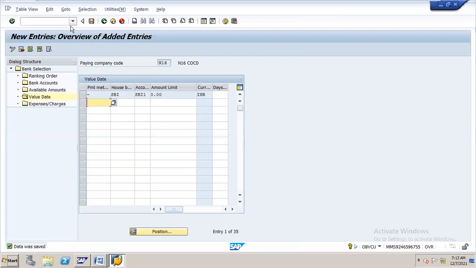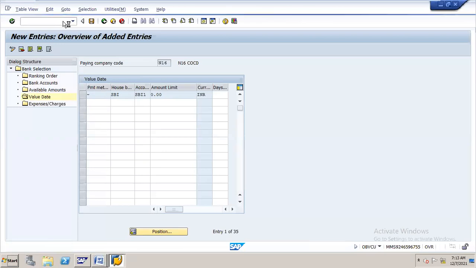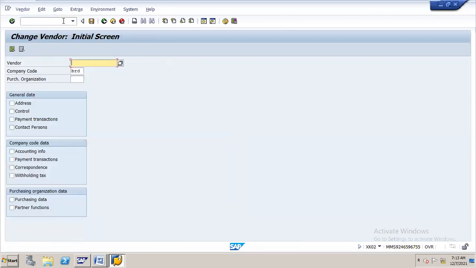Then I have to assign the payment method into the vendor master also, where we can create the vendor master with XK01 and change it with XK02. If you want to do any changes to the vendor, you can go to XK02. I already created one vendor. Select the vendor. First change the company code.